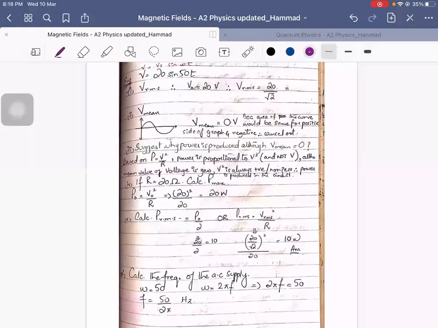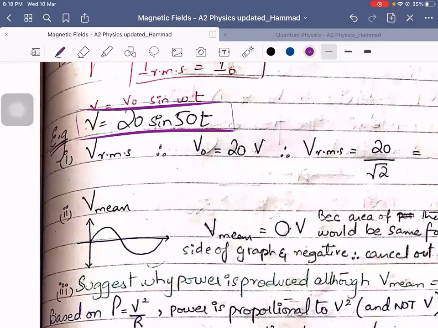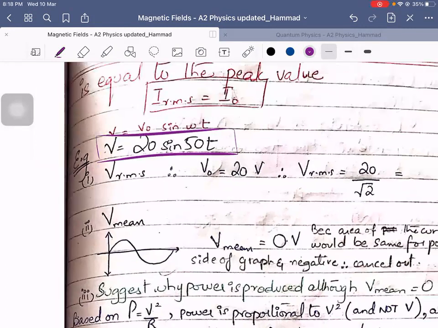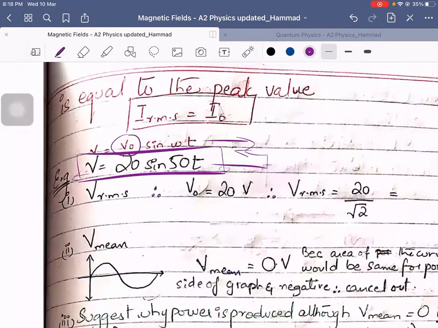In some cases, they give you an equation, right? By the way, this equation can be written somewhat like this. This V is at a specific instant, anytime value. V naught is the peak voltage. If you were to draw a graph of this,